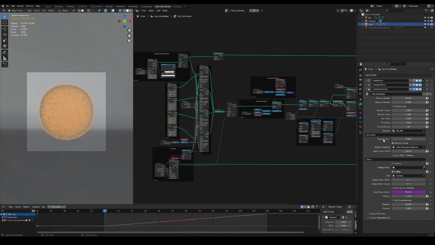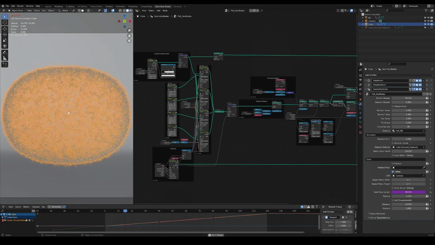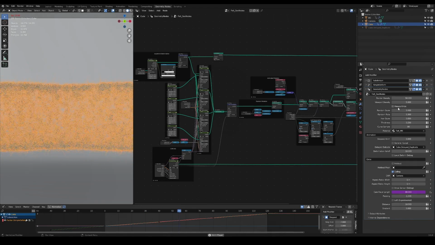But yeah, so now the only thing that's left to explain is the highlight of the whole geometry system for me, the animation tab. So you'll notice first that there's a general setting for the stepped animation, and there you can specify how often you want the felt to be animated. So you can keep it at 0 if you just want it to be set, but if you want a bit of movement in it